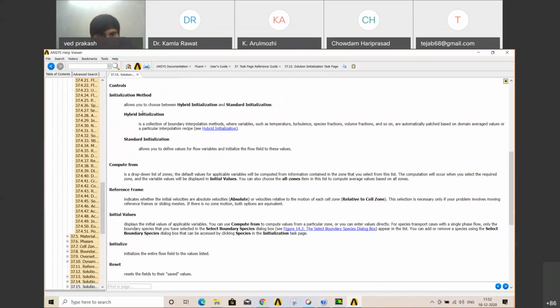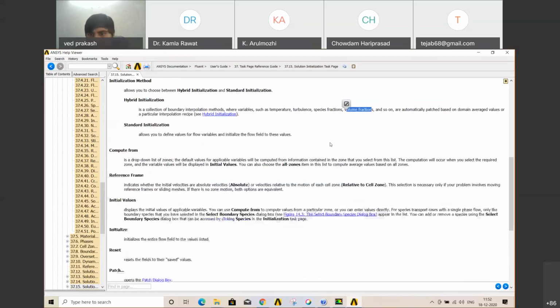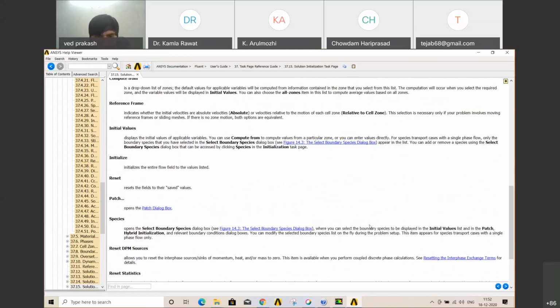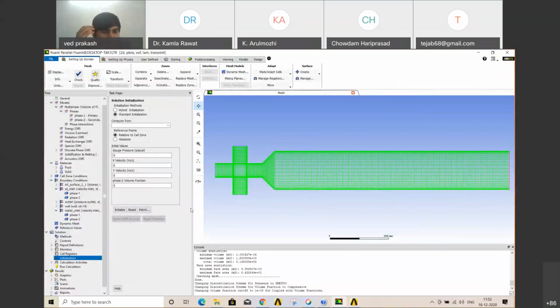Hybrid initialization is a collection of boundary interpolation methods where variables such as temperature, turbulence, species fractions, and volume fractions, which we are dealing with here, can also be initialized. You can all read this; I'm just giving you an idea. If you have any doubt, you can read from there. Now next, run calculation.